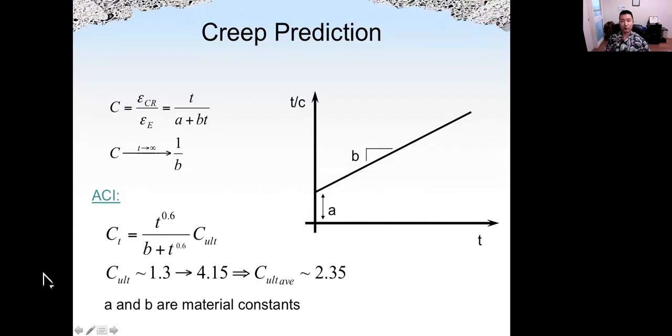All right, so prediction of creep, different researchers have different equations trying to predict the amount of creep, but this is a very rough estimation. Just to show you an example, we can use some kind of equation to predict the creep at a certain time based on the ultimate creep, which is the C ULT, for ultimate or final creep, and also a function of time.